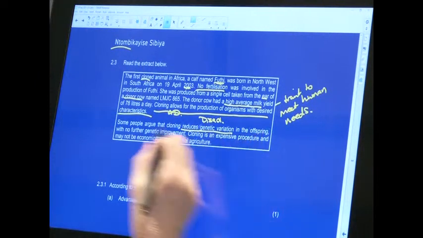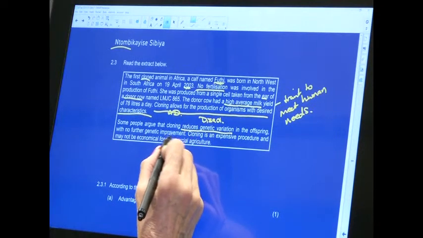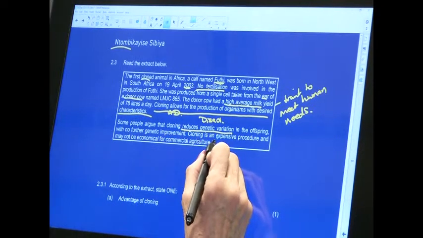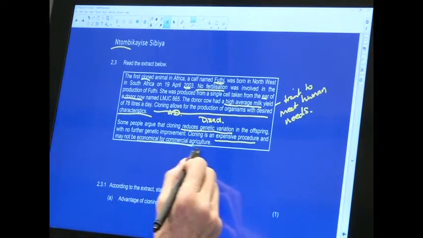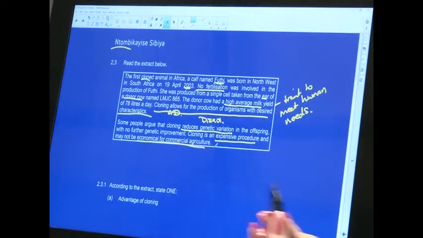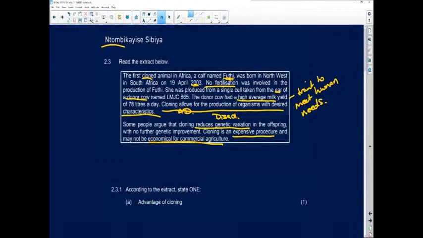In the offspring, there's no further genetic improvement, because your gene pool is limited. Cloning is very expensive and may not be economical for commercial agriculture. So you could do it for the odd cow here and the odd sheep there, but you can't just do it for an entire herd. It's just too expensive. So according to the extract,